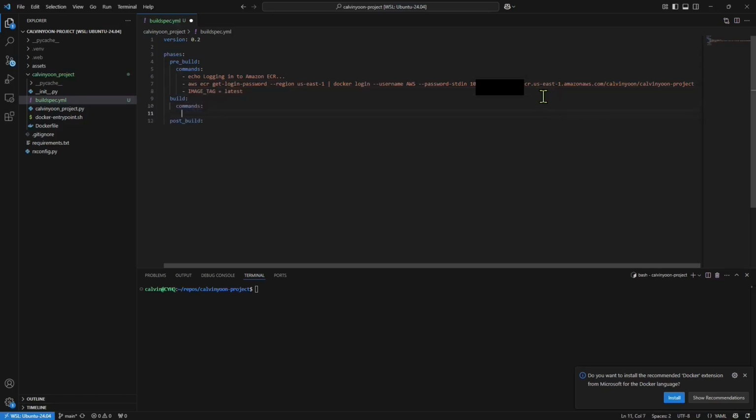then the build commands are going to be echo, building the Docker image, docker build, platform linux/amd64, -t, the name you want to give your image, followed by a dot, and then docker tag, the name of your image, latest, followed by the ECR URI, / the name of your image,